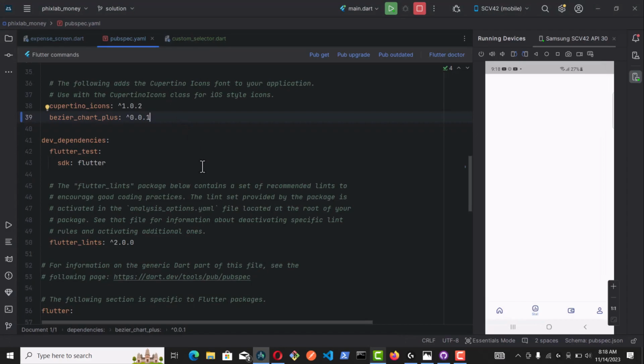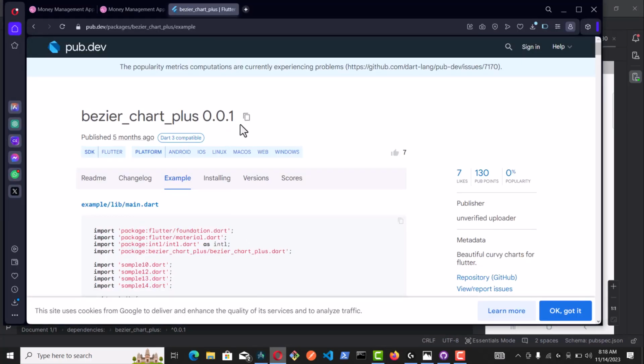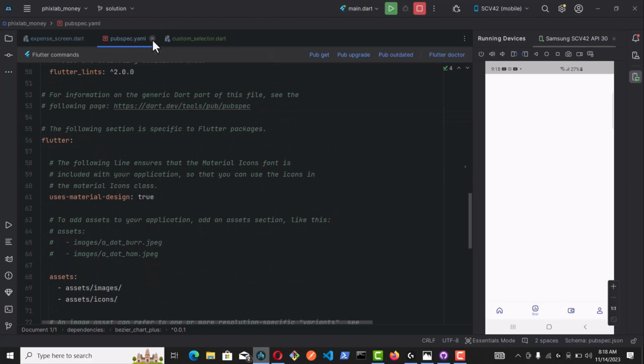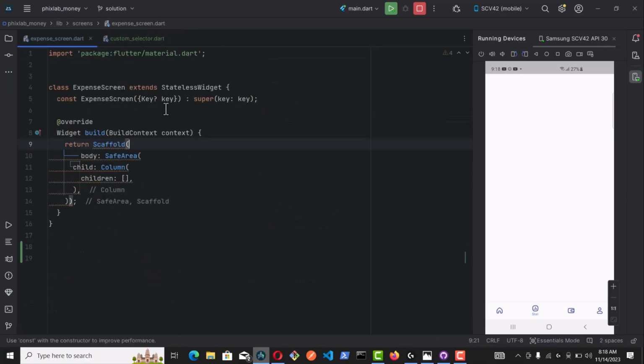All right, so if you've gone ahead to add the widget, like I said, you just go to the pubspec and then add the Bezier chart plus, like I said, from here. You just copy the Bezier chart plus and then add it to your pubspec and pull your pubspec so that you can actually update. And once you do that, we are ready to go ahead and get into this particular